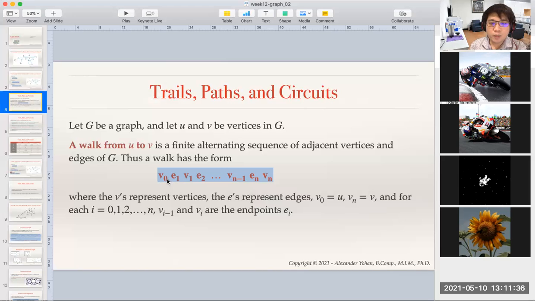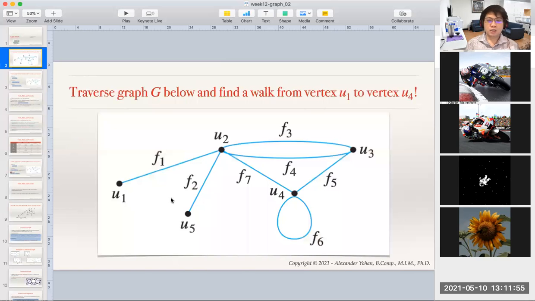So if you see the pattern here, like edge number 1, what are the endpoints for edge number 1? V0 and V1. Of course, this kind of sequence will depend on how you label your graph, right? How you do the canonical labeling. So for example, in these examples, we have the edge F1, right? So the endpoints of edge F1 will be